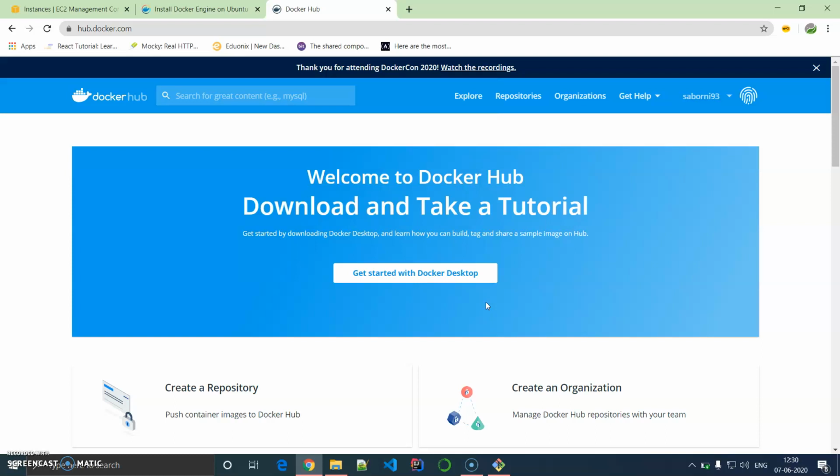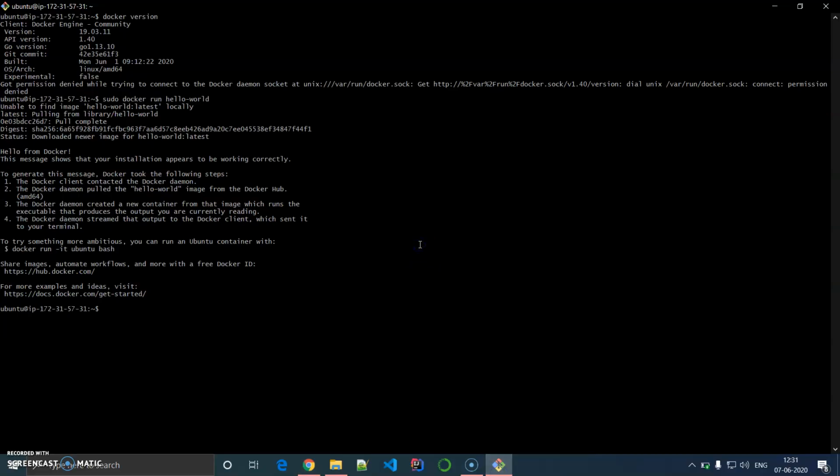So in this way, we have installed Docker very easily on our Ubuntu server, and our Docker environment is ready for running other images as well. Hope you are liking Learn News. In this way, I'm going to show you some other important tutorials on Docker as well as other AWS products that are being offered by AWS.